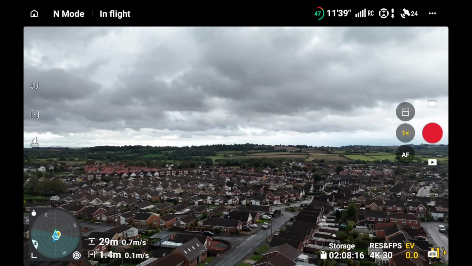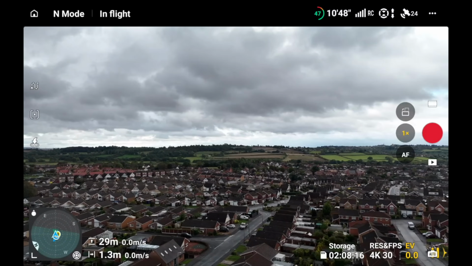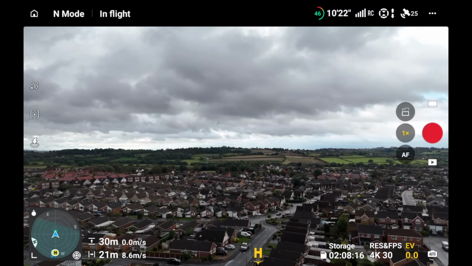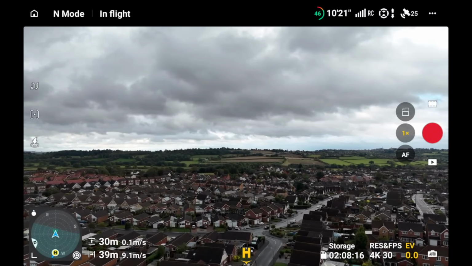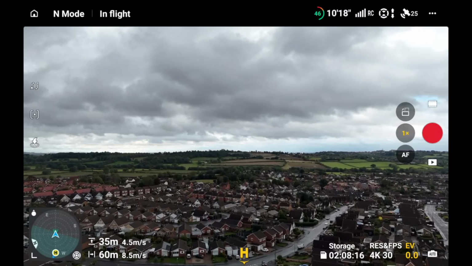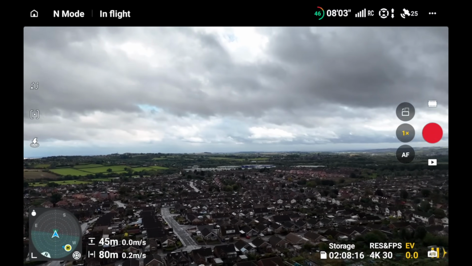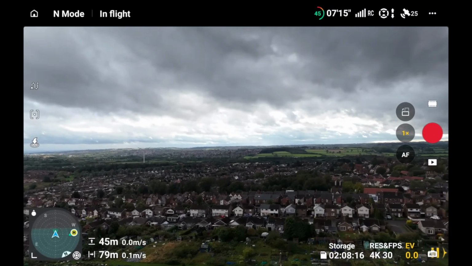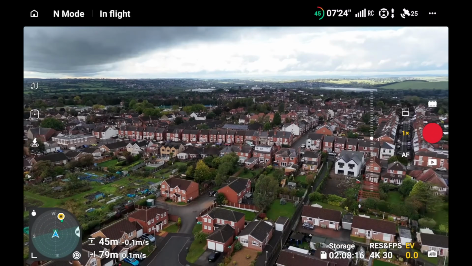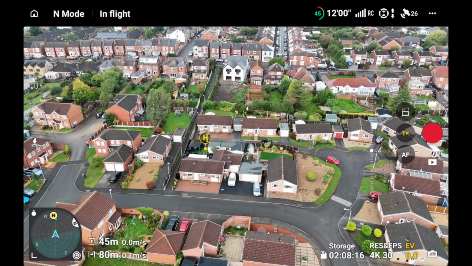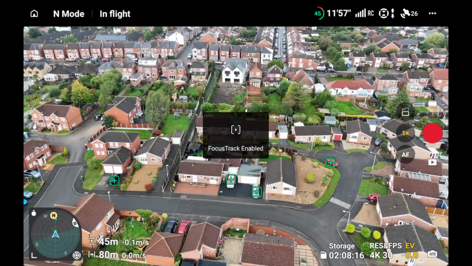So basically I'm just going to fly out a little way. I'm going to do the usual thing that I do, a quick spotlight, and then a quick shot, and then I should do a return to home as well. And as you can see the state of the sky, it's been like this all day and it's been absolutely hammering down. So okay, we're just going to do a quick spotlight now, and then